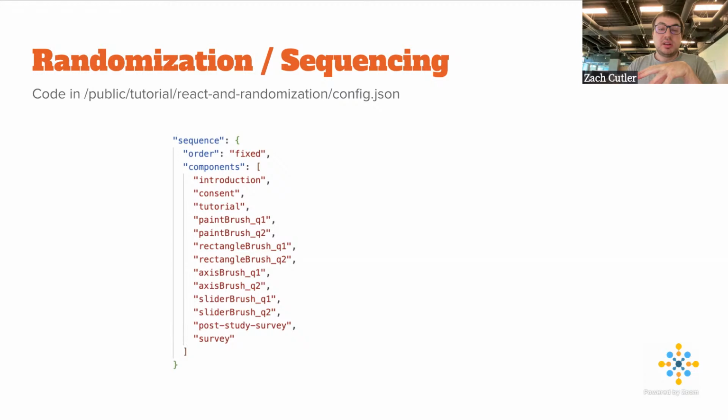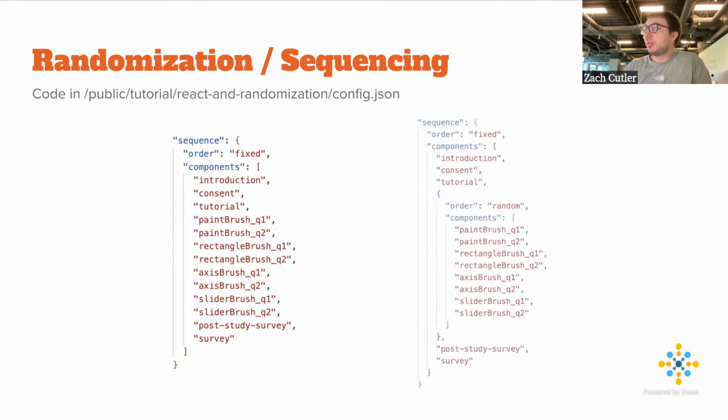So really the critical part here is that we allow you to create nested blocks within this sequence, which is really what gives our sequence a lot of power. So here's what this might look like if we actually wanted to randomize the order of our tasks. By creating a block which contains all of our actual tasks, and then setting that order to random, while maintaining the top level block order as fixed. So now, as we can see in our actual study,